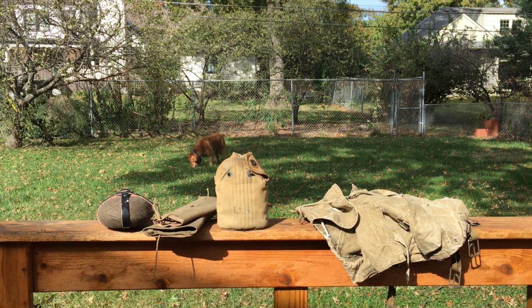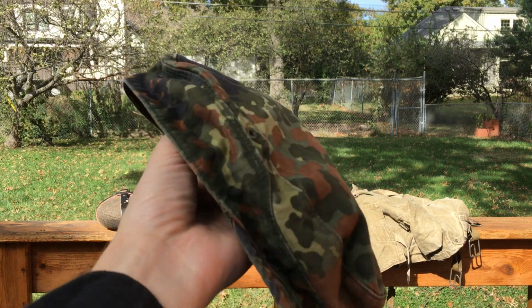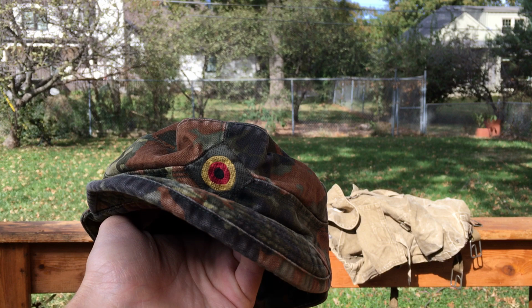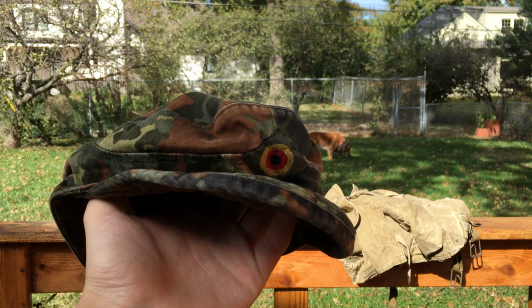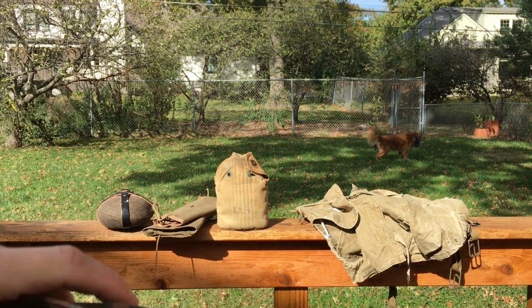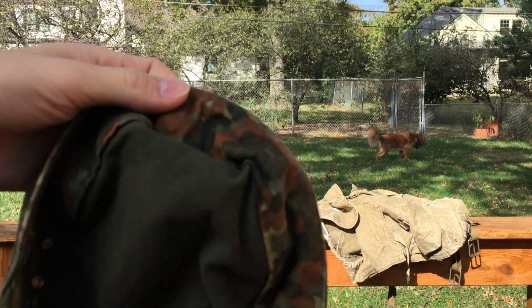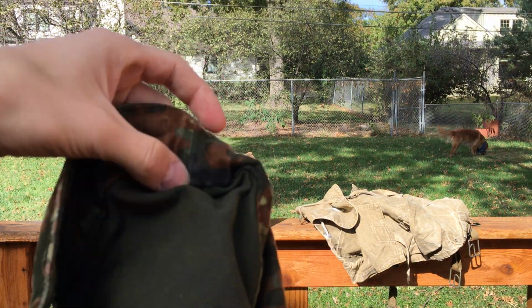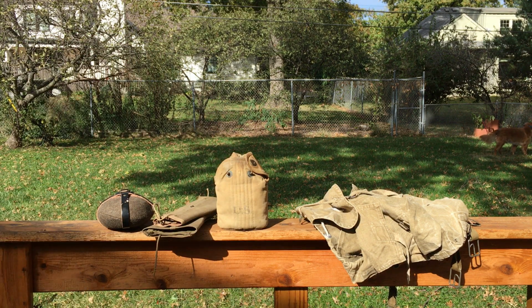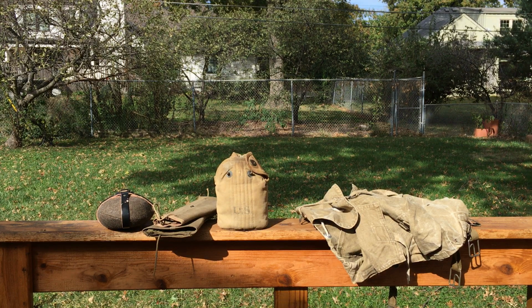Mike's Militaria actually kind of put this in as a gift with my package, which was very nice of him. That's another reason why I like him, because since he's a small company, he can do things like that. And there's no sizing in it, so I'm not sure if he got my size by luck or whatever. But it sits very weird. I'll show it to you to see how weird it sits. I do believe it is my size, maybe a size smaller, but